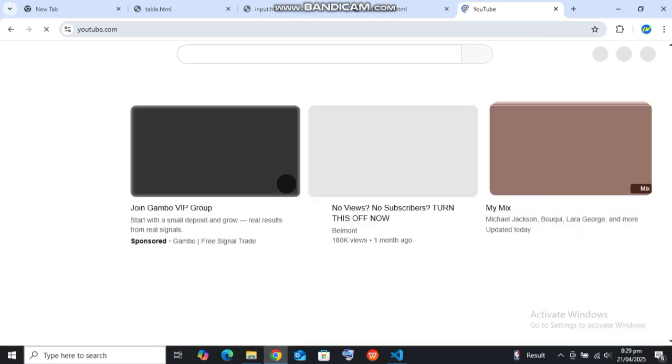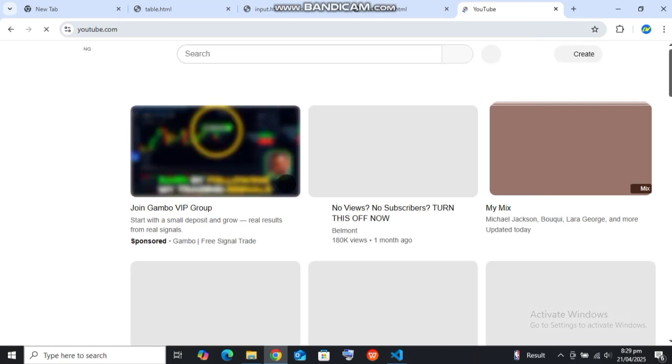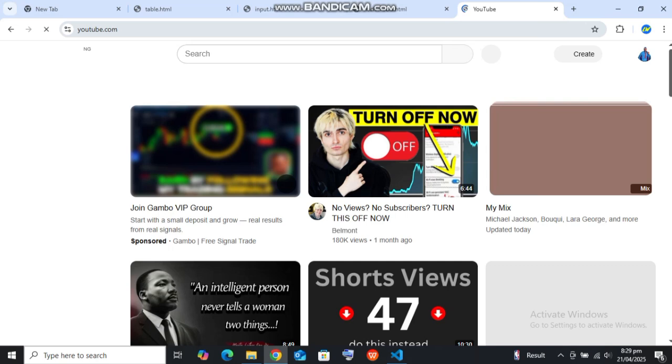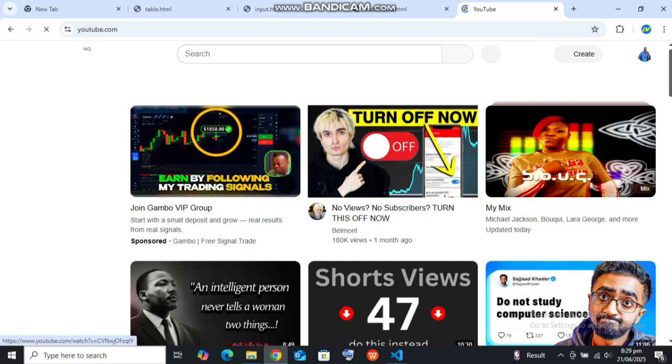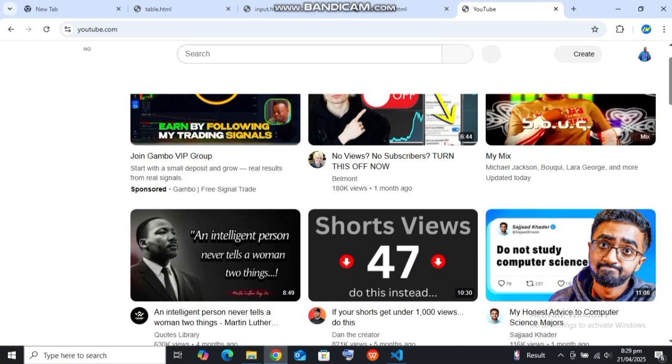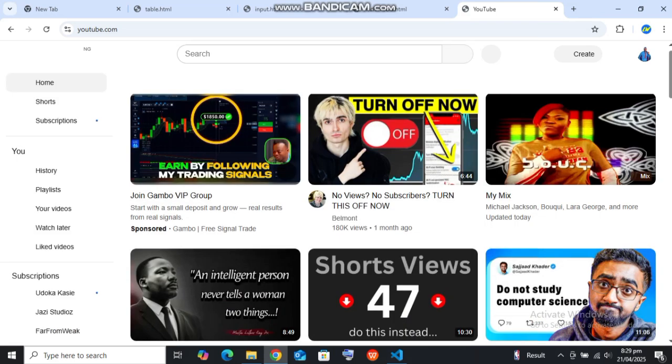So let's say you want to include Google Map. Google Map is another platform entirely. Now you want to include a particular map into your website. All you have to do is use iframe. Yes, you use iframe to include that Google Map content into your HTML document. That's the essence of